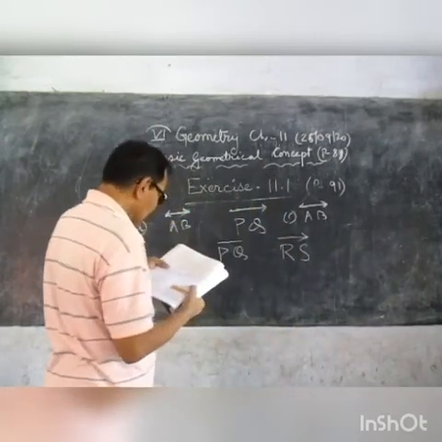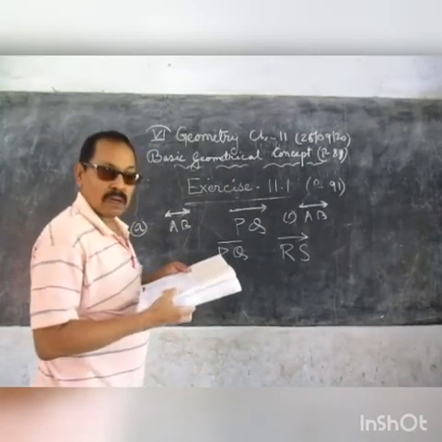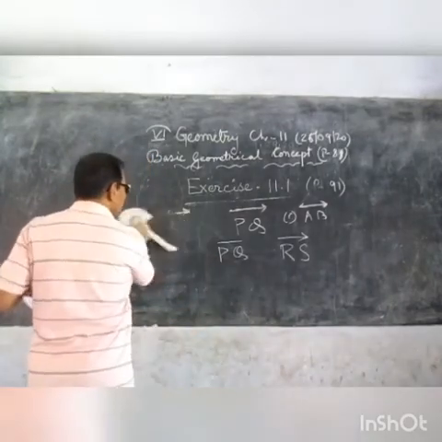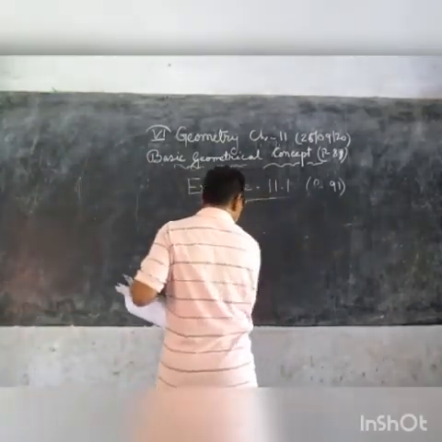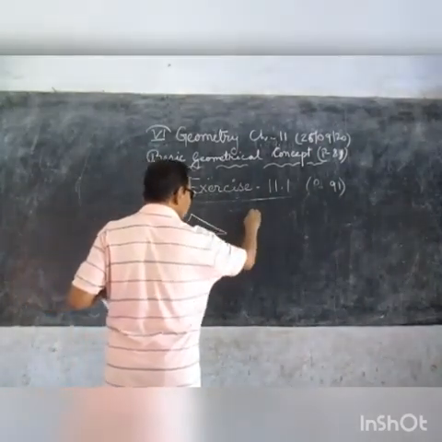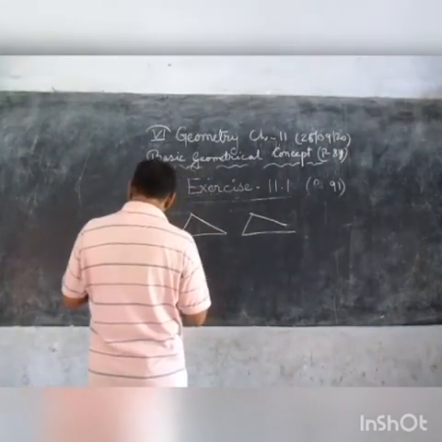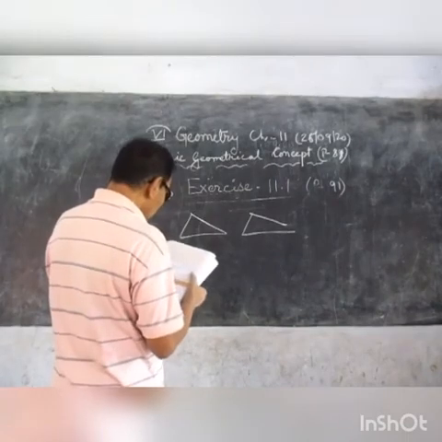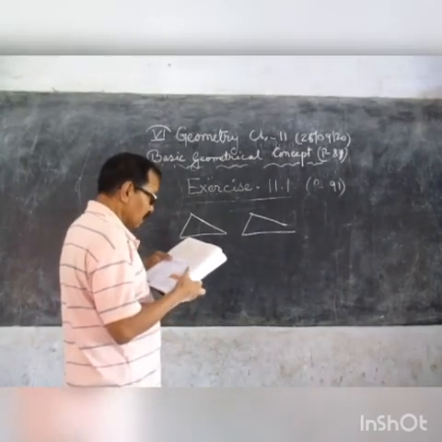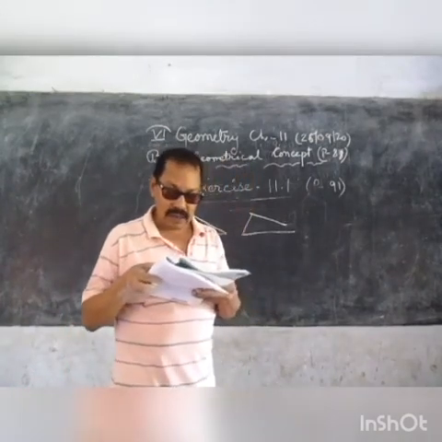Then 12, see the figure. Question number 1. Identify the closed figures in the following. It is already explained earlier, closed figure and open figure. Suppose this is a triangle, it would be a closed figure, but it is not closed. There is a gap, so it is an open figure. So the first figure is a closed figure, and B is an open figure. It is only a curved line. C is an open figure. D closed figure. E closed figure, and F closed figure.